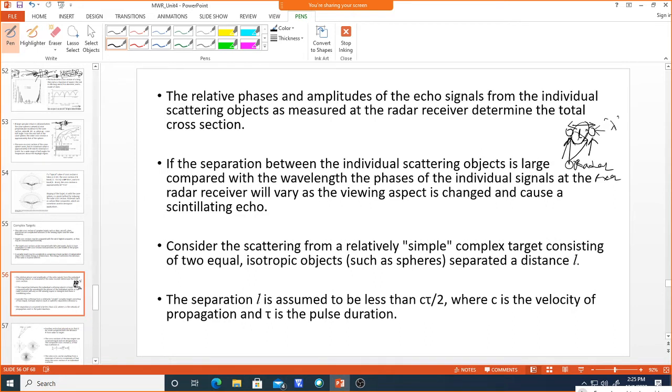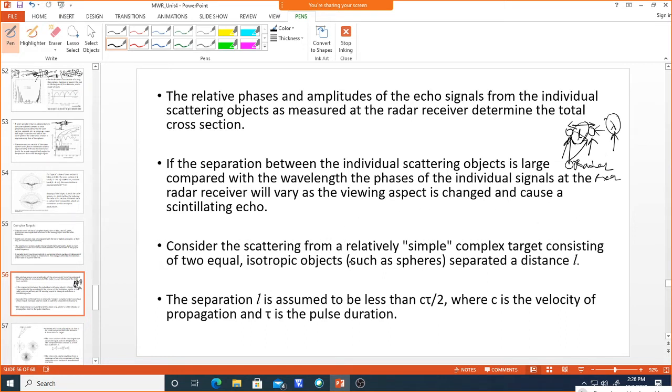But in a practical scenario, we don't know whether the objects are near or far with respect to the frequency of operation we are using. That's why this problem will come. Based on the variation of the pulse of the transmitted signal, many times we transmit and check whether this problem occurs or not, and we can resolve it based on multiple transmissions of the signal. That is the problem we are able to resolve.